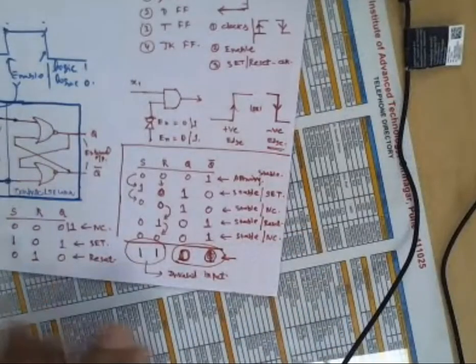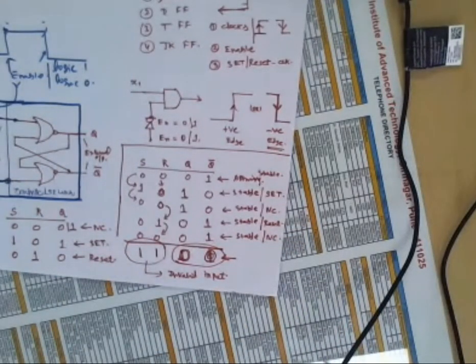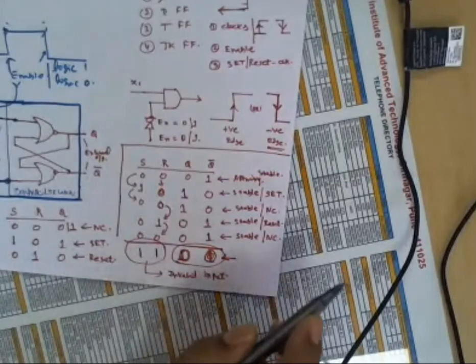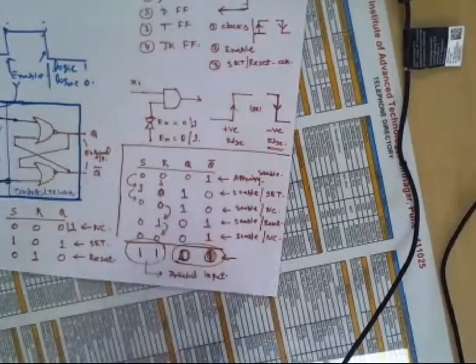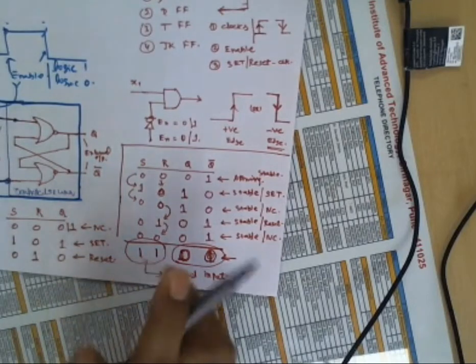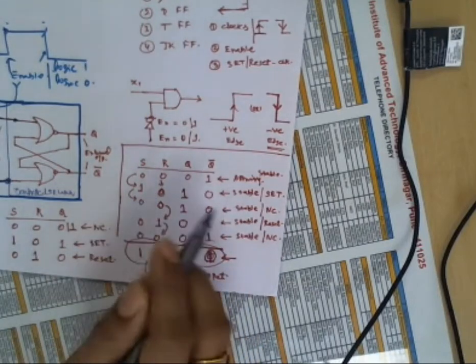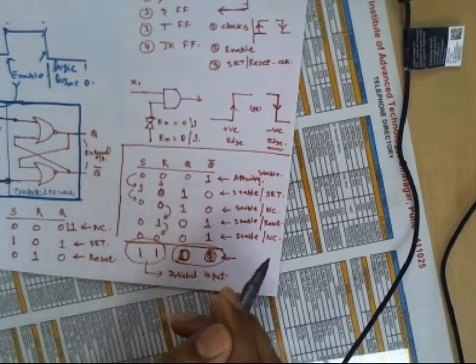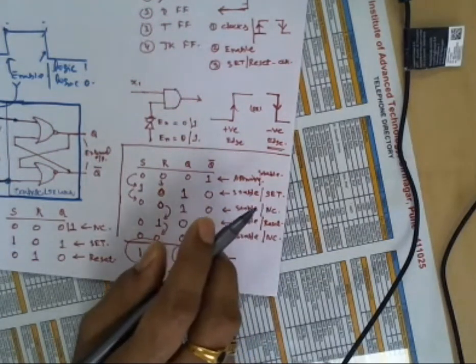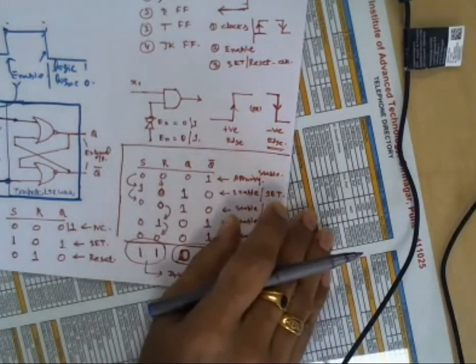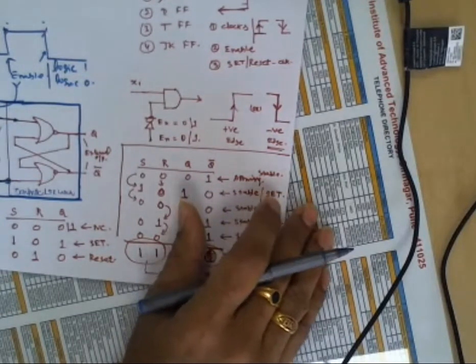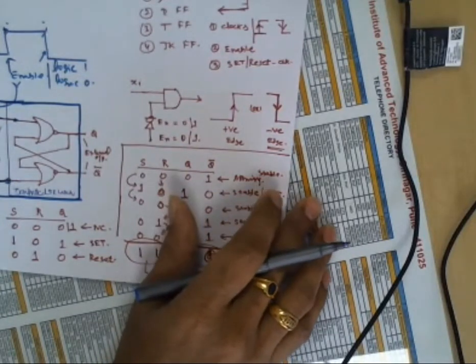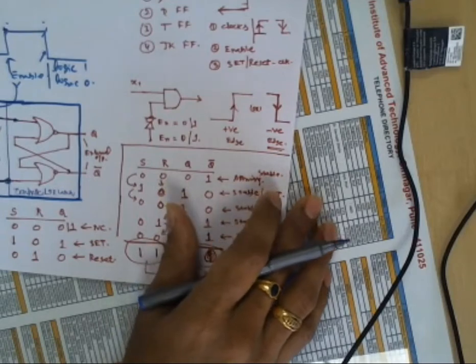Today we are going to continue our lecture on the fundamental components or elements of sequential circuits. We have already started on the latch design. How the latch is constructed, how the latch works, and what the types of latch are: SR latch, D latch, T latch, JK latch, and the races associated with JK.